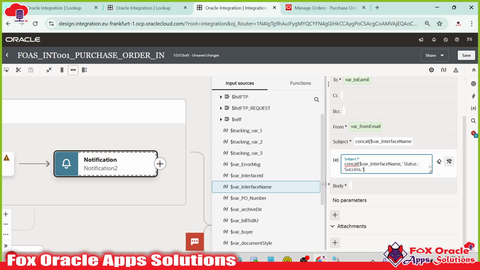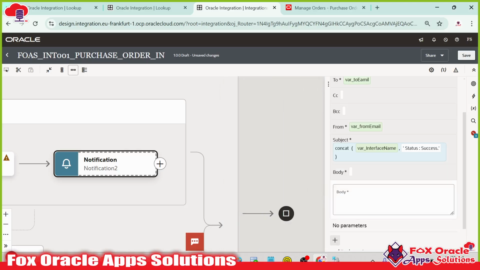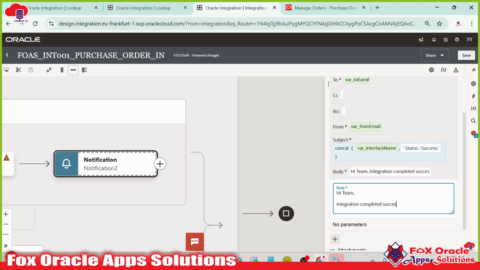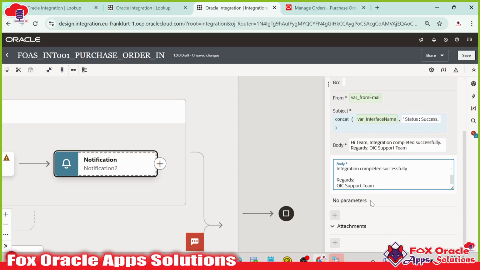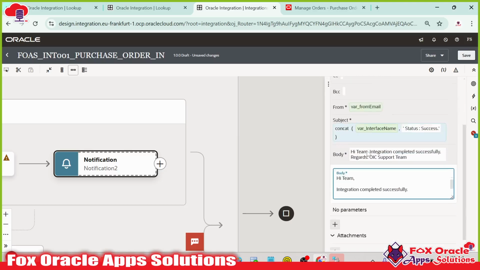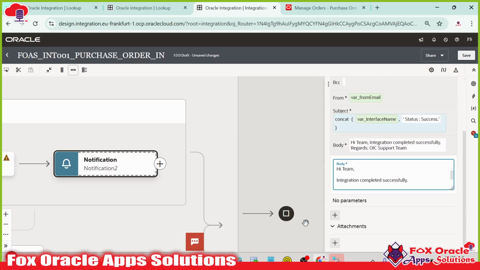Right? That's fine. And here in the body we have to just give the message: hi team, integration completed successfully, regards OIC support team. Now this is the message that everything is fine, and even if you want, you can attach the